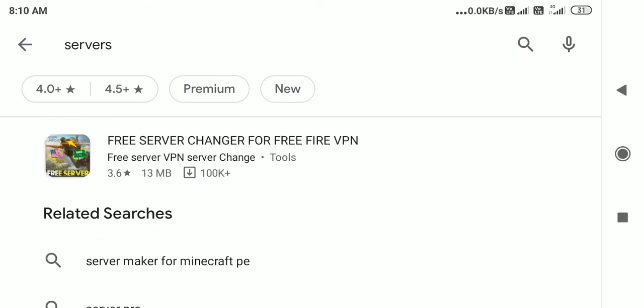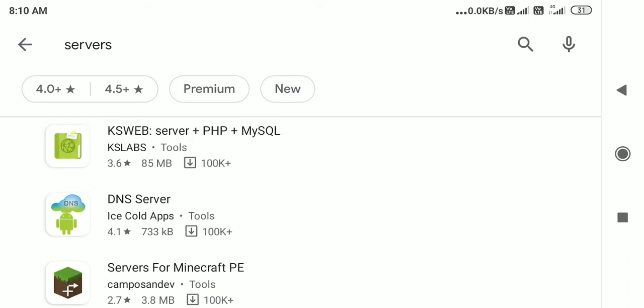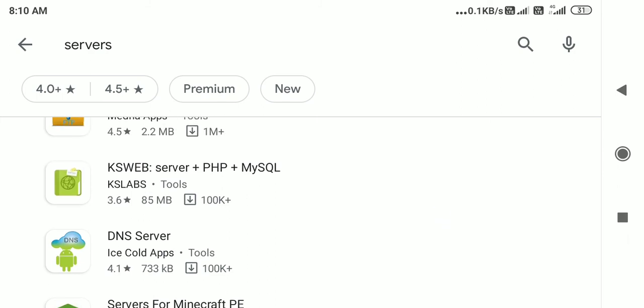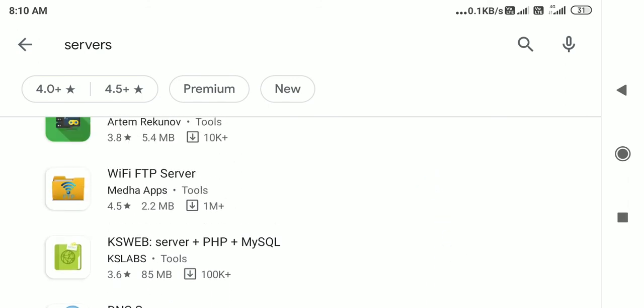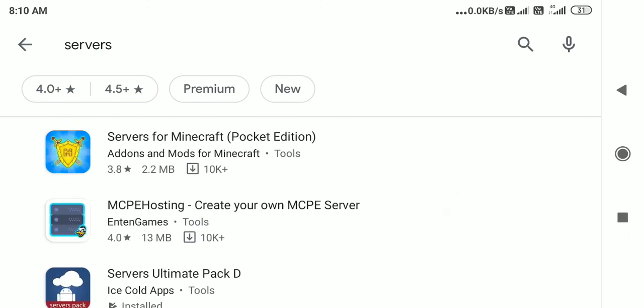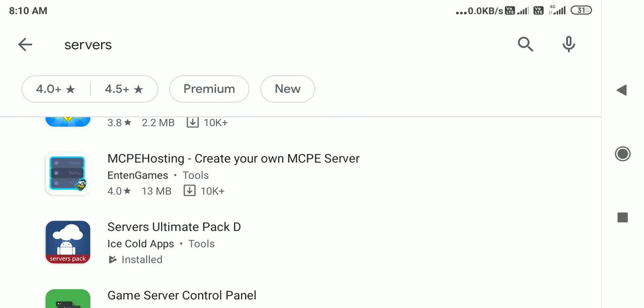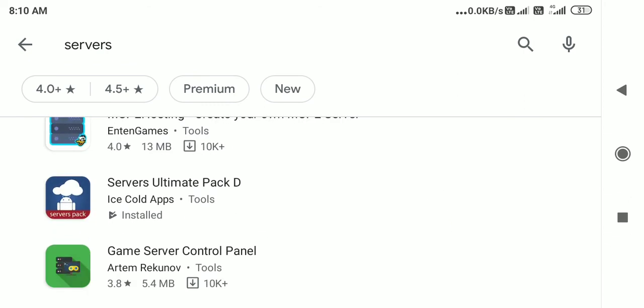That's all for now. So you know what servers are, what signaling is, and how signaling protocols differ from ordinary protocols like TCP/IP, data kind of protocols. And why we use signaling protocols specifically for voice and other things. Those kind of servers are available in Pack A, Pack B, Pack C. These ultimate packs each have special kinds of services.